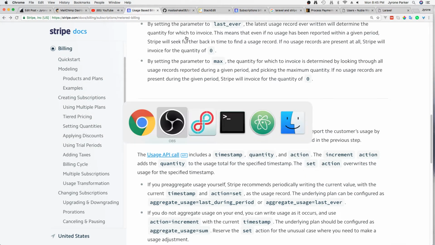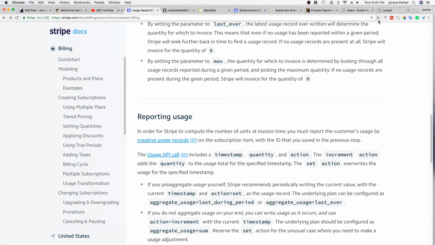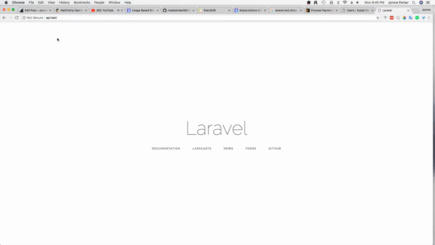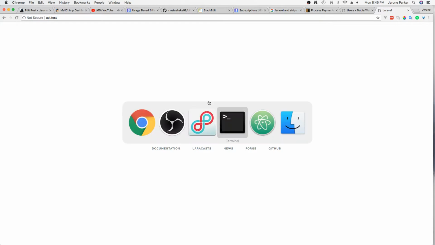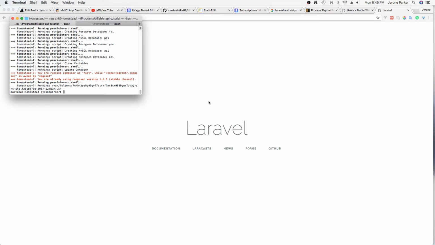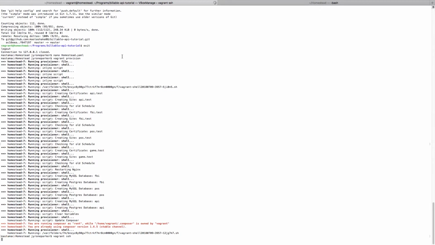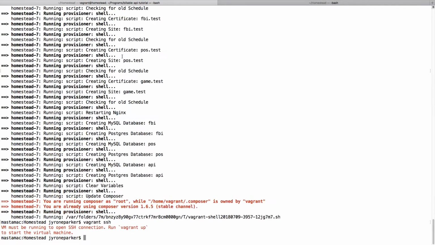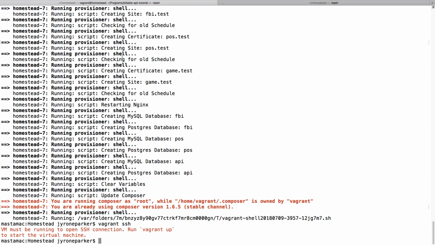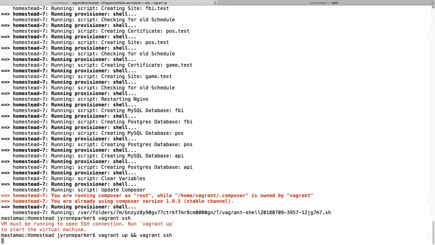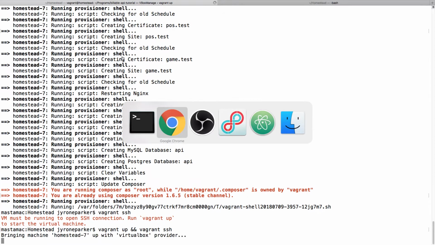All right, so let's head over. I made API.test. There's nothing here. First thing we're going to do is add the authentication. So let me go back into Vagrant. Vagrant up. All right, so we're going to initialize the VM. So while it does that,